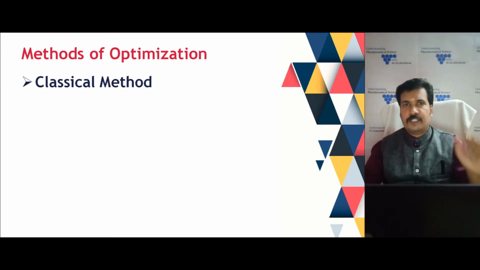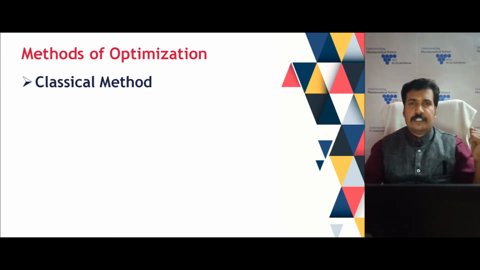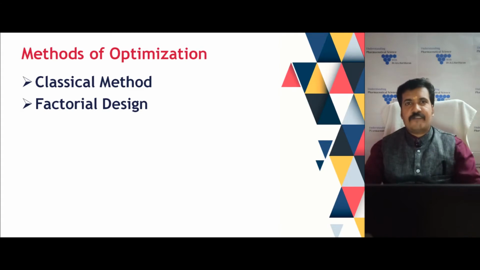But the problem with this technique is that it is time consuming and costly in nature because we have to perform more number of experiments. Then the second technique is the factorial design, which requires fewer experiments. So we can do with fewer experiments, we can optimize two variables, but the problem is that we have